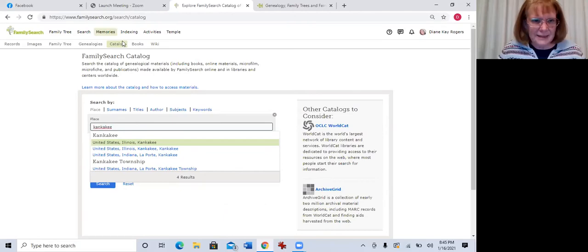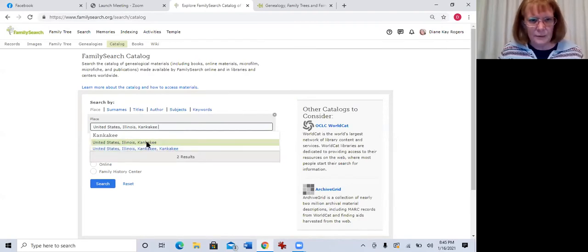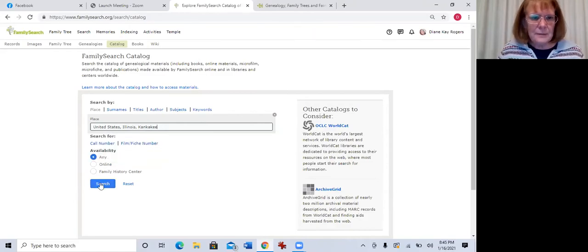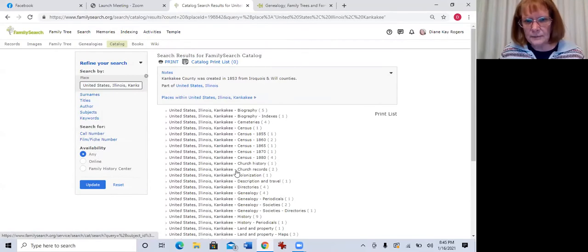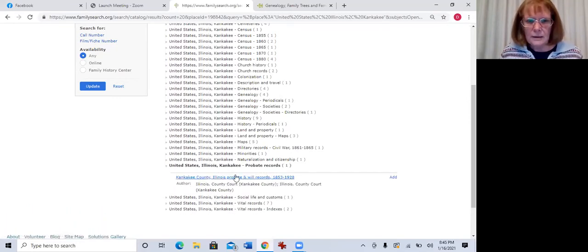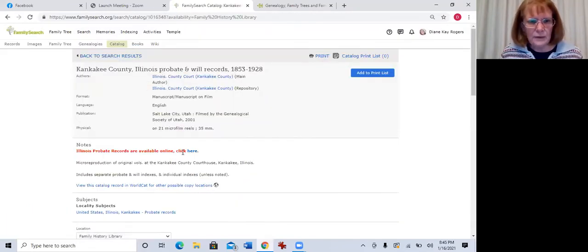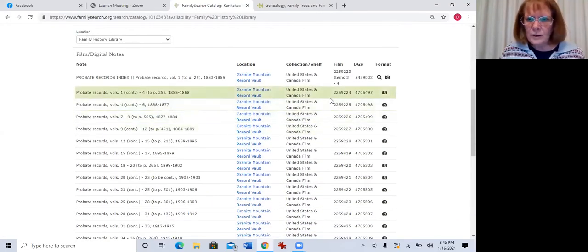Let me type in a place here. I always do Kankakee because my ancestors come from there. I just typed in Kankakee and you see it has a little drop down. I have to click on one of them. This is the town Kankakee. This is the county Kankakee. When I do a search, it shows me all the records that they have in the library for these. So let's say I wanted to look at a probate record. I would click on the record that they have, and it tells me that they've been digitizing these records, because I could click here if I wanted to. Or I could go down here